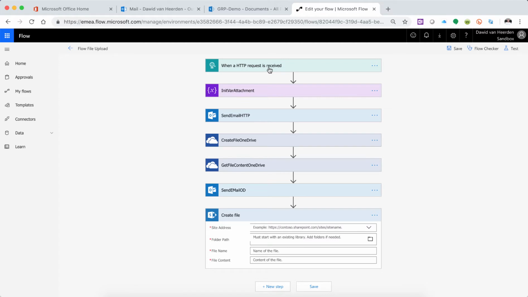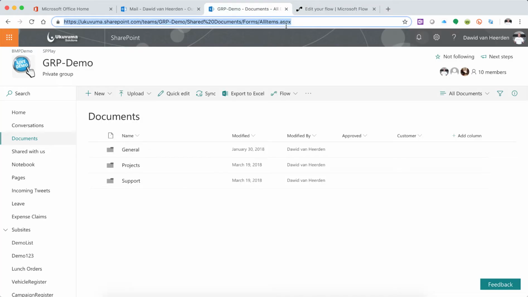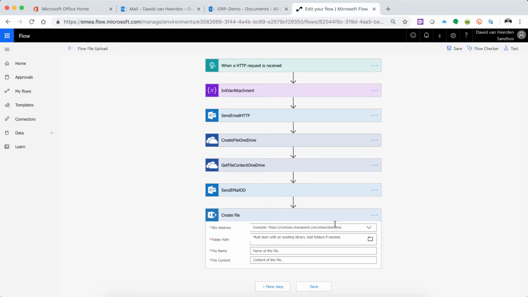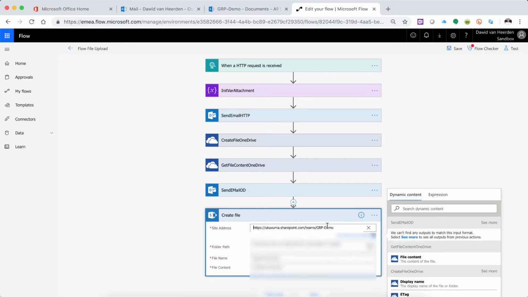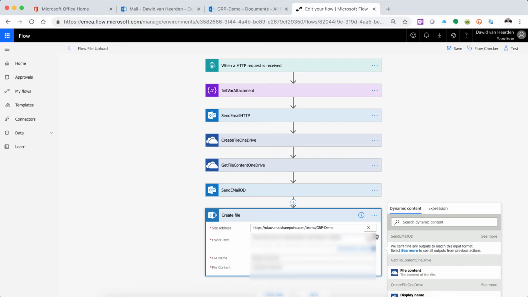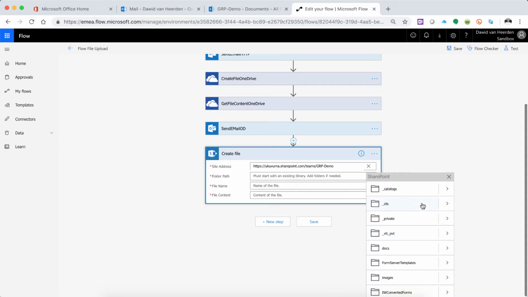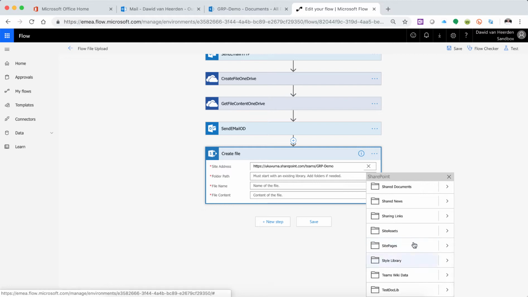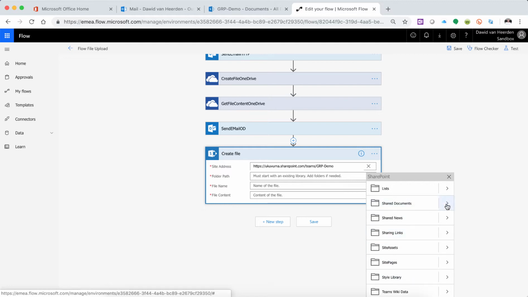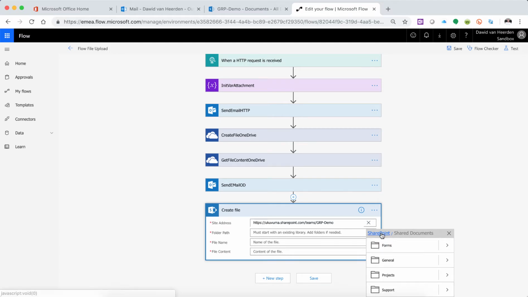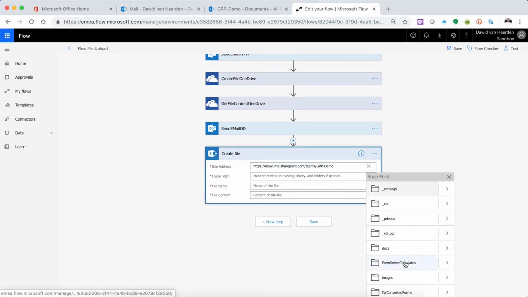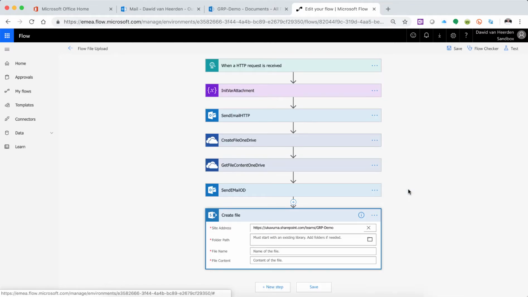Right, the site address, so I'm going to go into my SharePoint site and copy just the site address, and that's quite important for this. We've actually seen a few problems if you copy the rest of it as well. So let's just put the site address, and now folder path, we're going to have to go and specify the document library. In this case it's just a standard document library, and let's just actually save it into the root. So Shared Documents,